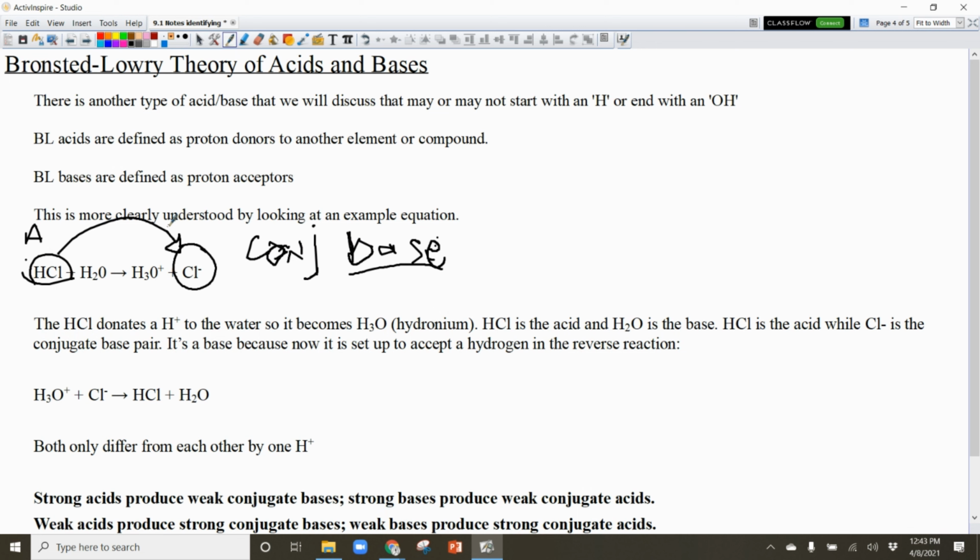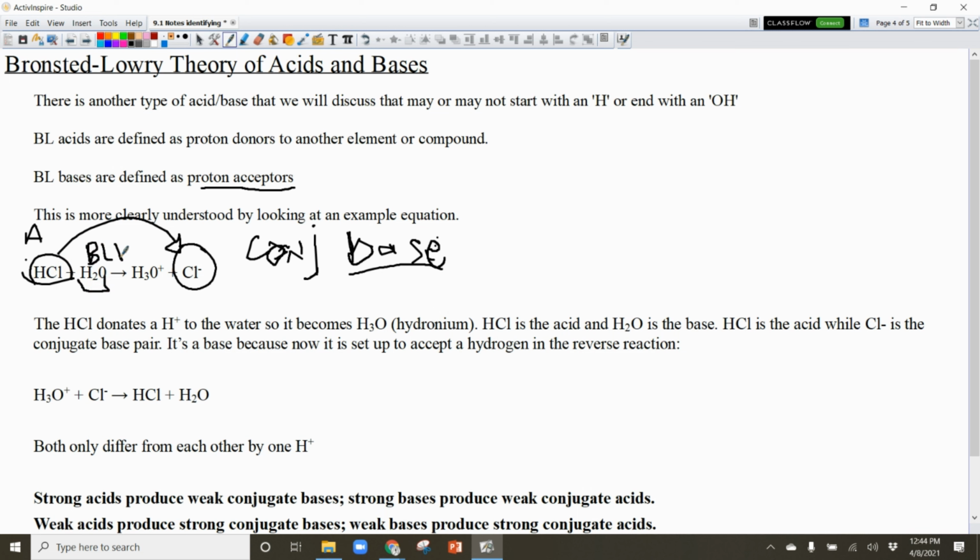So the counterpart to a Bronsted Lowry acid is a conjugate base. And the reason it's called a base is because now it can accept a hydrogen. Okay. And accepting hydrogens, acceptors are called bases. So it's the Bronsted Lowry acid and its conjugate base. Okay. It just means that it has one less hydrogen. All right, and so on this one, we have H2O, right? That accepts the hydrogen. So this is a Bronsted Lowry